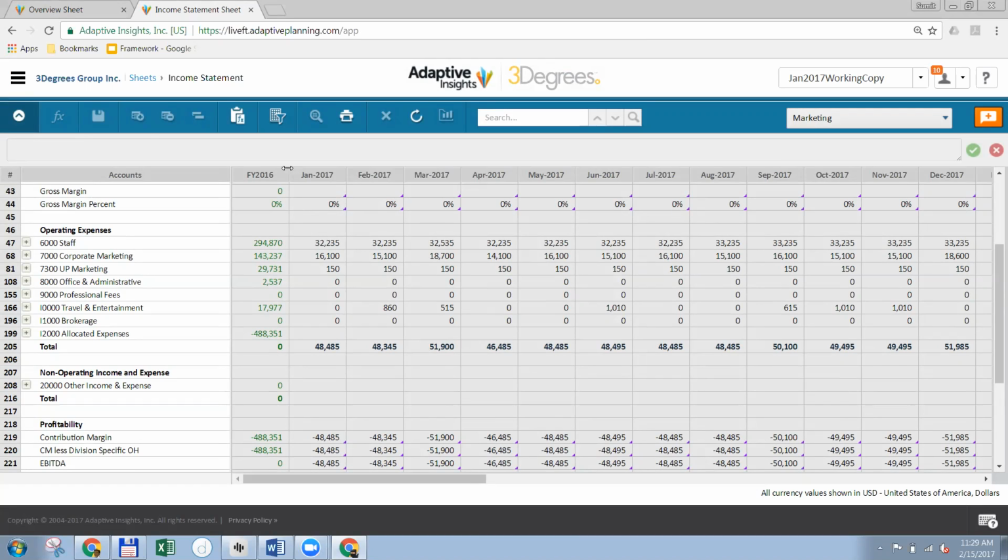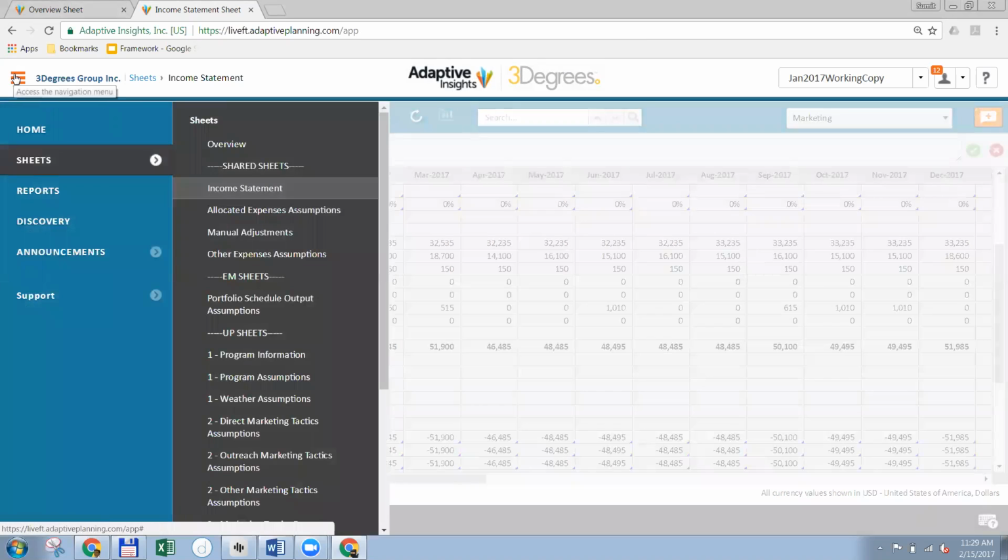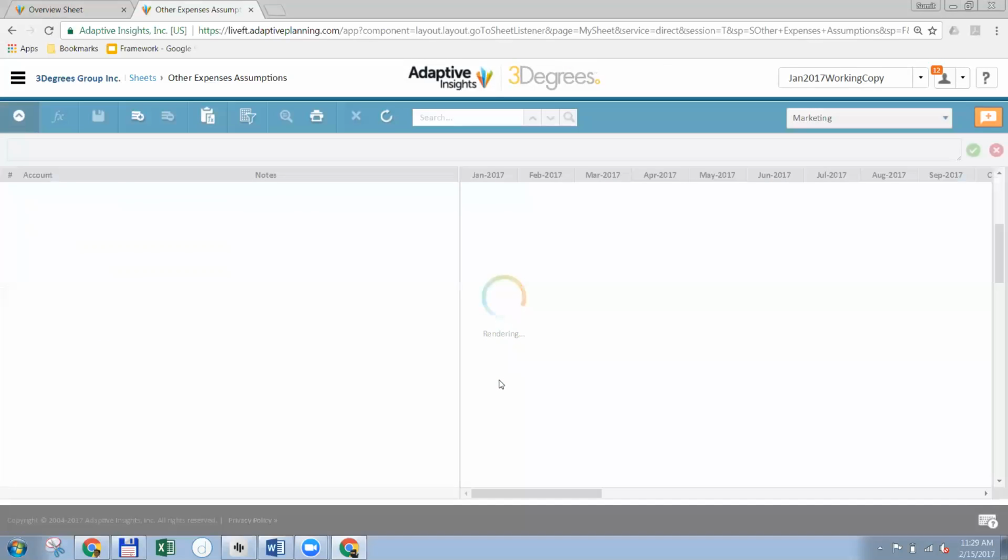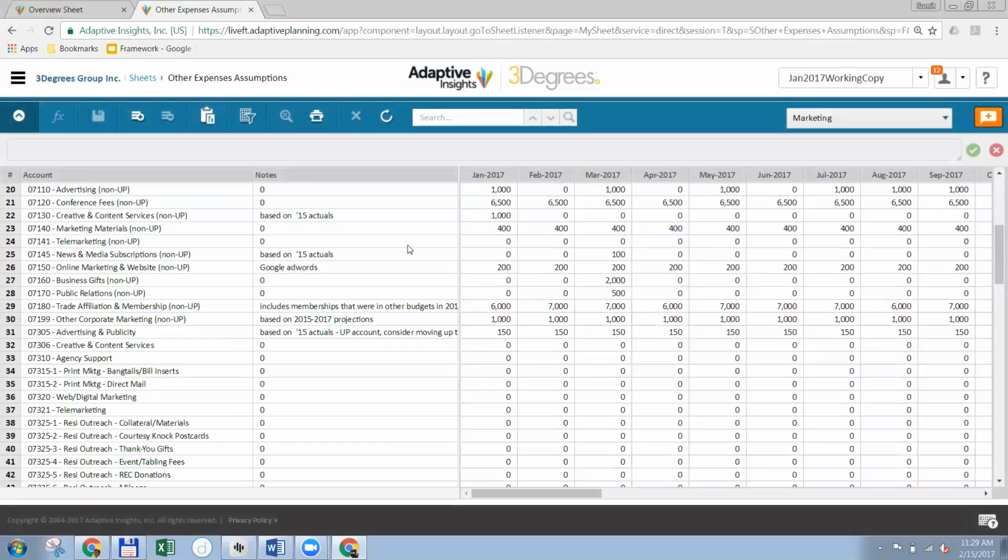So continuing through, what we did here for this January 2017 working copy was roll forward the previous version. And what that means is that we've brought in some of the assumptions that you had in the last checked-in model run. Why don't you go over